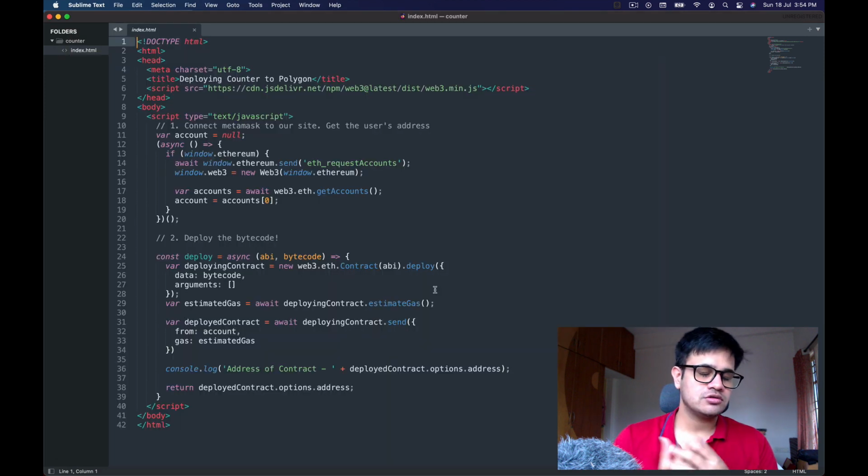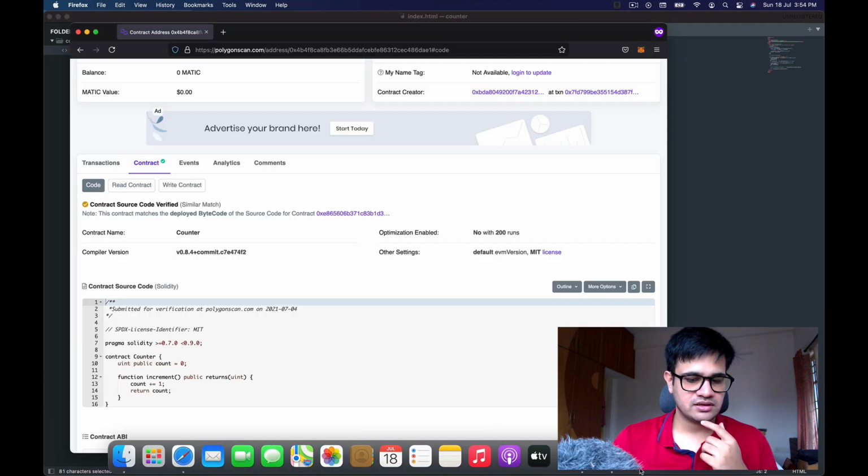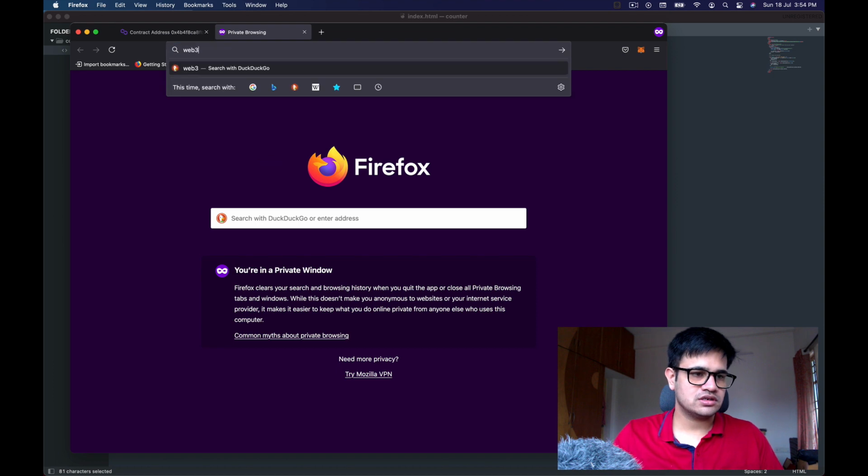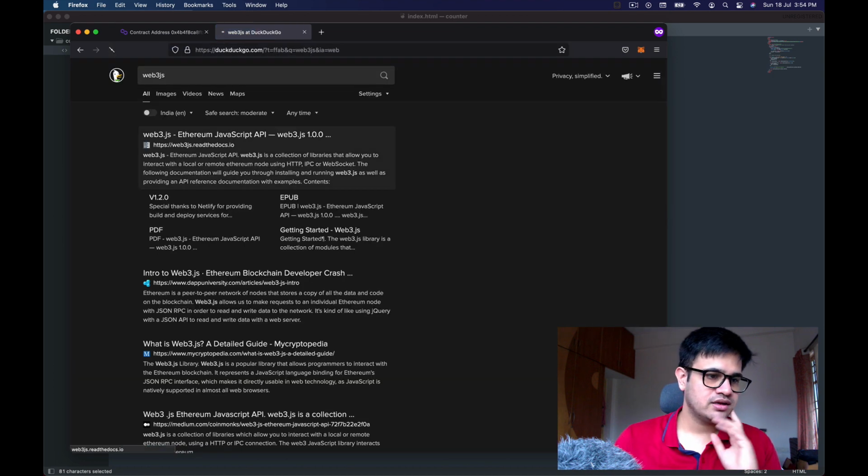If I have to walk you through the code that we had written earlier, the biggest thing that you need to remember is that we had to import web3.js, and web3.js is just one search away, so it should not be difficult to find.